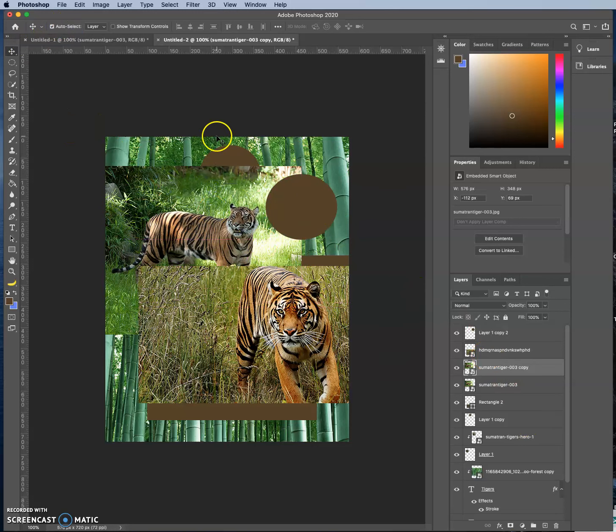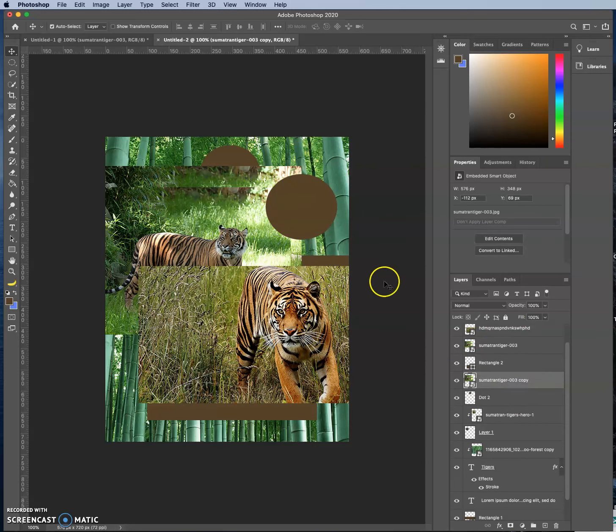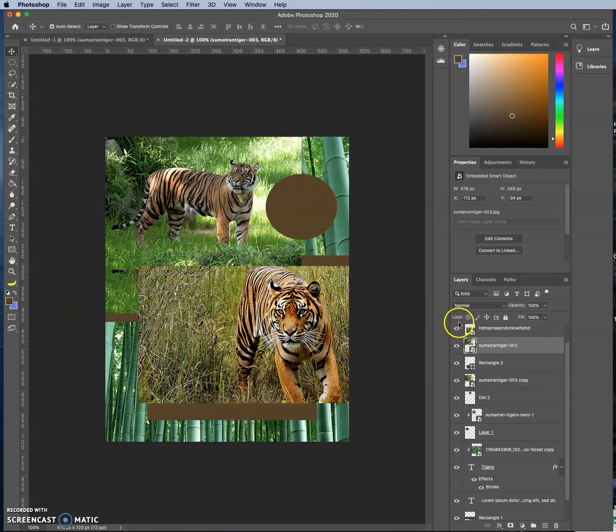If you have the auto select selected, you just have to touch it. It goes right to that layer. I know it's here. So let me go ahead and maybe label that one. Let's call it dot 2. All right. So now it's labeled, so I know. So when I go to my tiger, I just bring it down right above the dot 2 and move it up. And then,